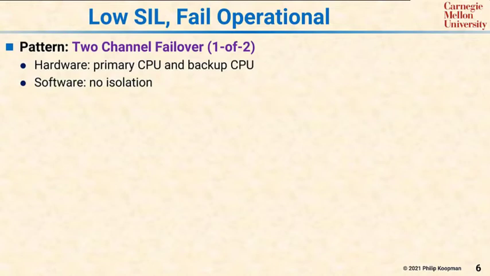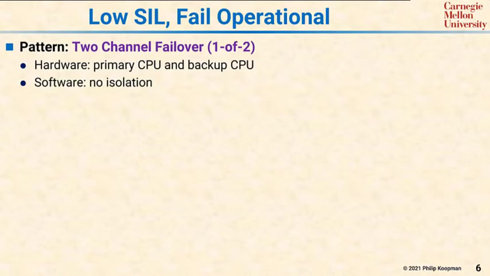Some systems need to be fail operational, and by that I mean they need to keep going even though a hardware component has broken. The next pattern is Low SIL Fail Operational. And the idea for this is that if you have a low safety integrity level, you can install a second